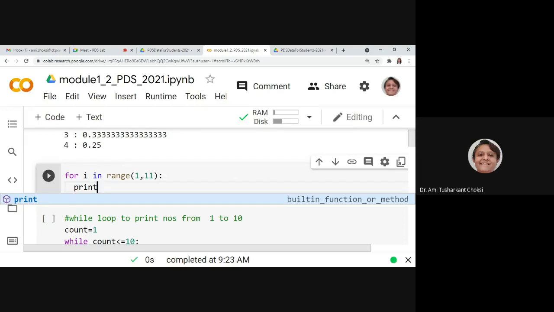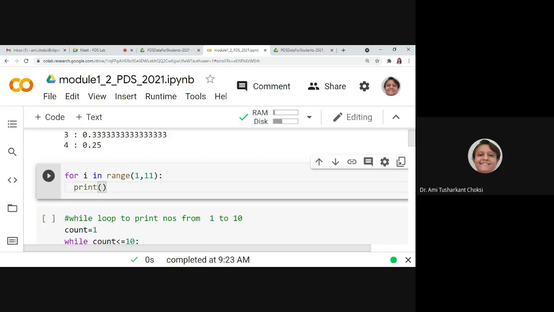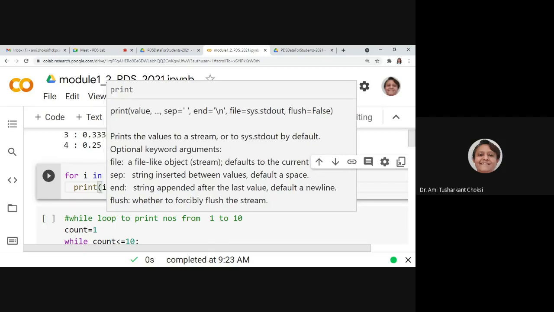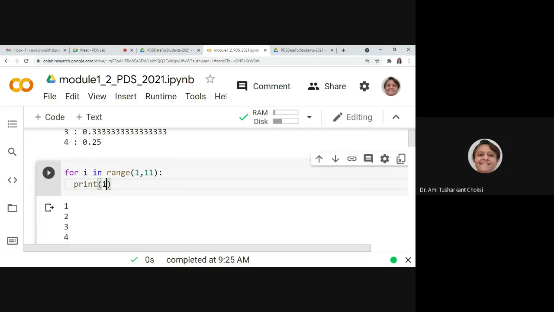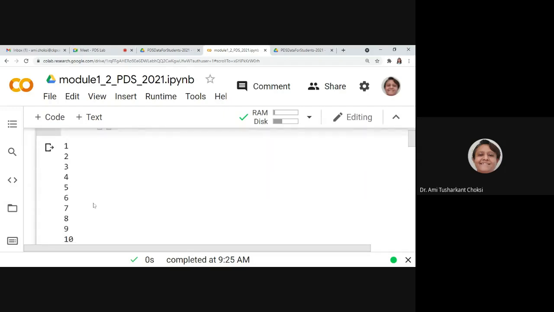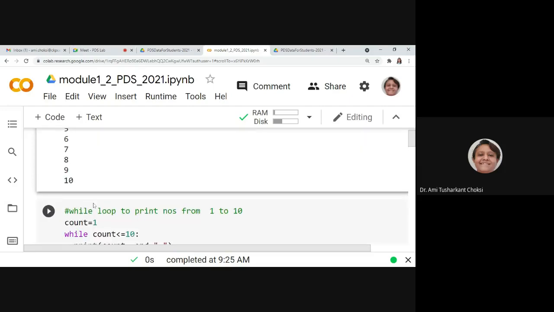It comes automatically because this is the editor, and the editor gives us this facility. See, Google Colaboratory is very nice in that it gives help while we are typing, so that is helpful to us. So we are able to print the numbers 1 to 10.